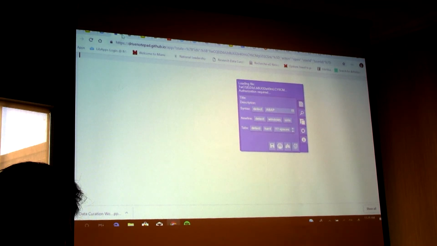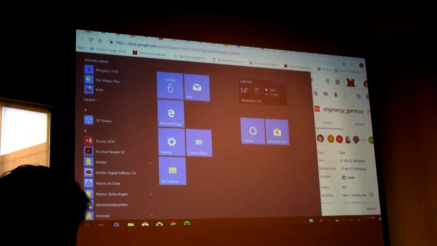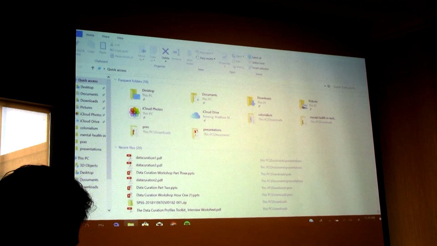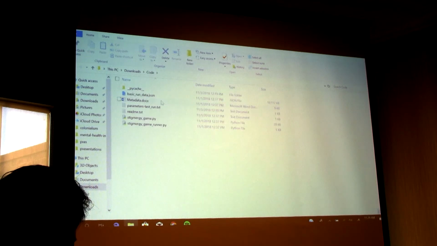Okay, that's fine. I can open it locally. Downloads, and where's my code at? Okay, here's the same files. I've got them locally here, so they're always easier to look at.